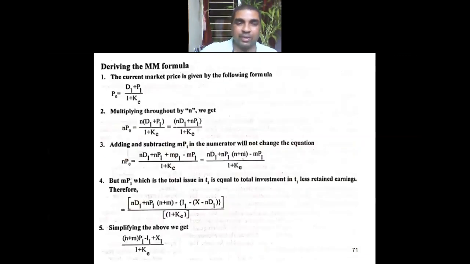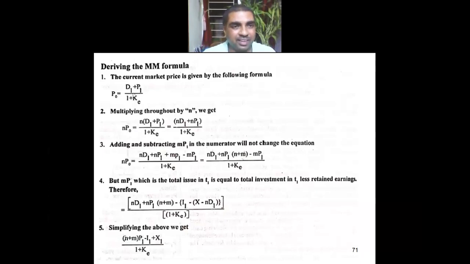Now I am showing how this formula has been developed. You can refer to any textbooks or your study material. The formula looks a little complex. It has been derived through various steps. We will not go through these steps in detail; later on, you can see these steps and understand how exactly the formula has been derived. I am explaining in short, but will not spend much time on the derivation part of it.